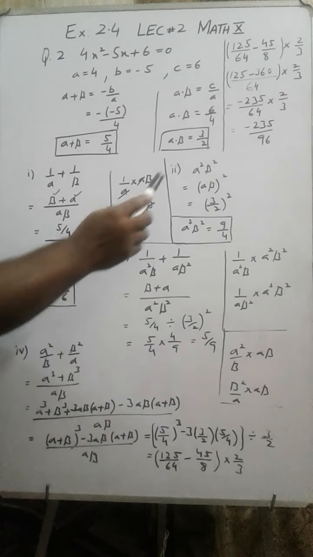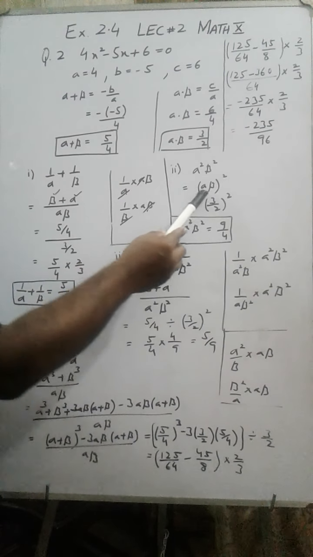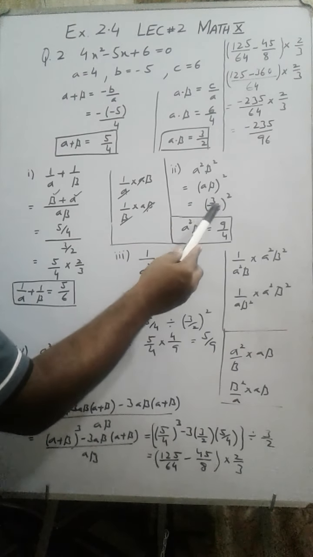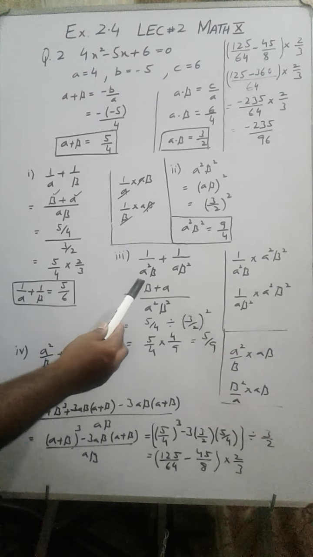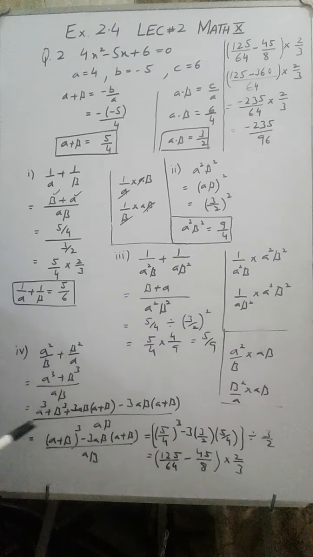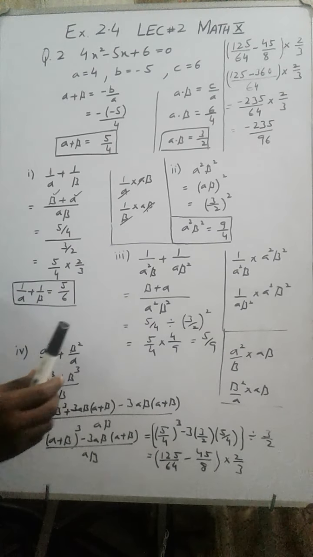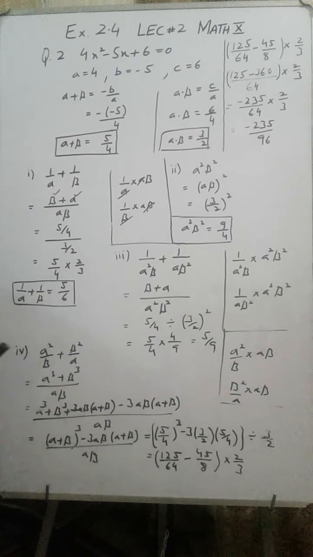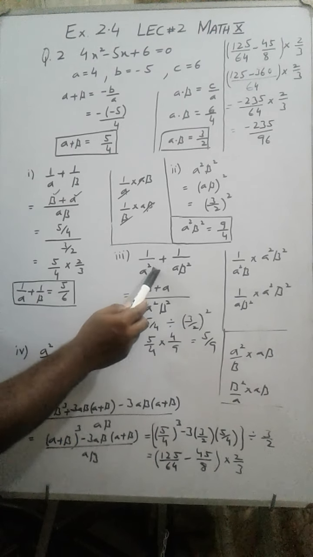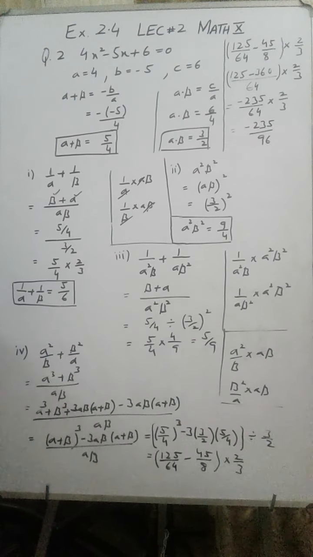Now coming to second part, you need the value of alpha square into beta square. So you will write alpha into beta whole square, substitute the value and get the answer. Third part is important. First again you need the LCM. Remember, common is always the lowest power, but LCM is always the highest power. So alpha power 1, alpha power 2, alpha square will come in the LCM. Similarly beta power 1 and beta power 2, highest power is beta square. So alpha square into beta square.